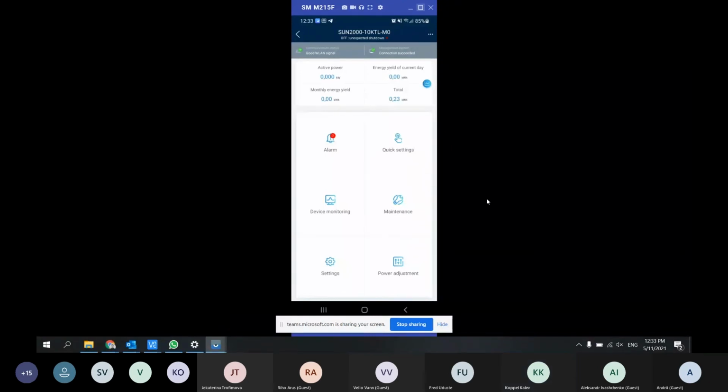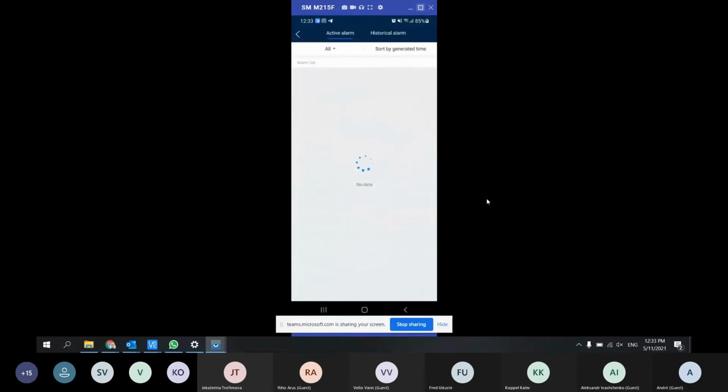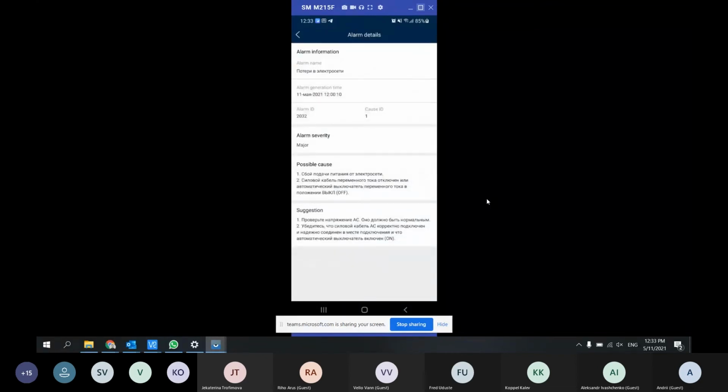So by the way, here I can show you these alarms. We can go to the alarm list, and here, for example, one alarm is loss of the grid. Here is the alarm ID and cause ID.